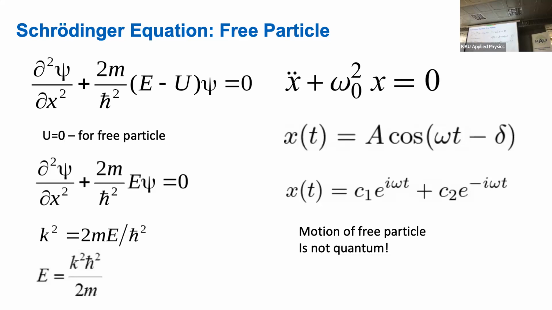The same way we can solve this equation. We take k squared equals this thing as omega squared, and then we can take the energy E, and we see that the energy of a free particle is not quantum. So the motion of a free particle is not quantum. It's just